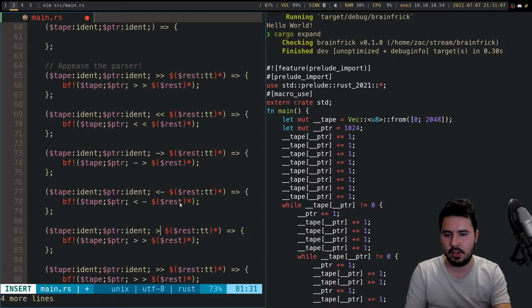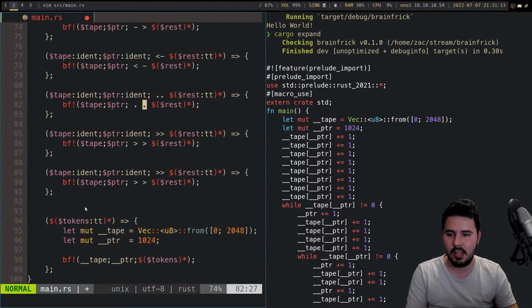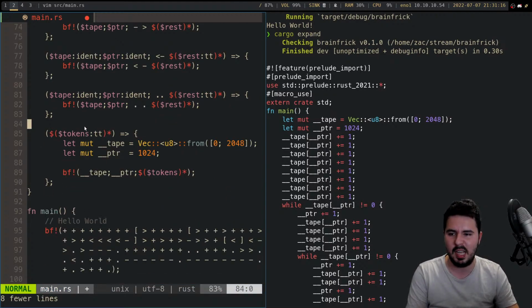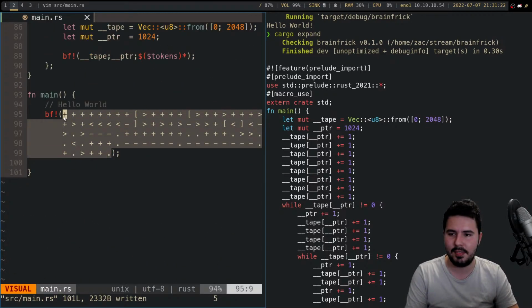And dot dot, well, we really want that to actually mean a single dot and a single dot. I believe, if you can think of any more, let me know. I believe those are the ones that cause us issues. Right? And then if I take all this